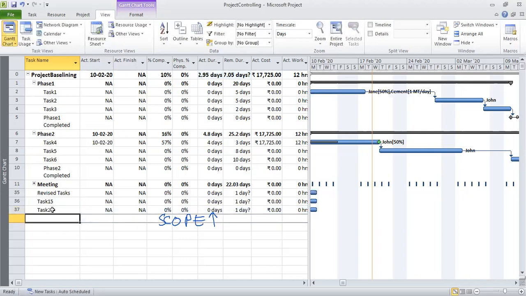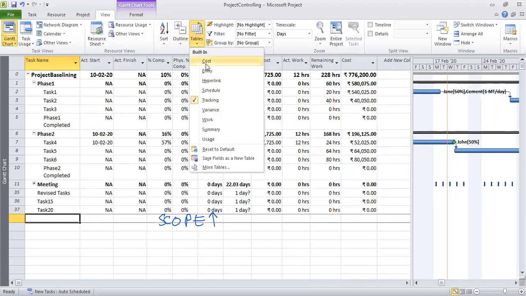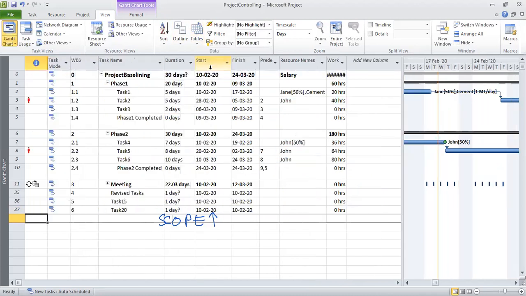I'm getting into only minimal details, for which we need to change the table, and we go to entry table again. And let us say that these new tasks, task 5 and task 10, which is the revised task.